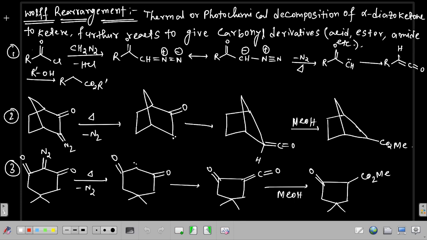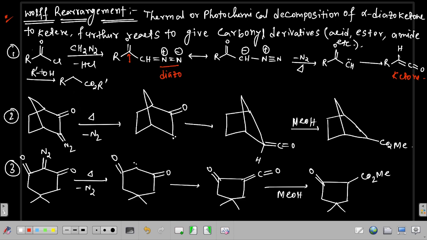Now our next reaction is the Wolff rearrangement. This is a thermal or photochemical decomposition of an alpha diazo ketone. This is an alpha diazo ketone, this is the ketone, and this is the diazo, to ketene. This is ketene. And further it will react to give carbonyl derivatives like any ester, acid, amide, etc. So first example you see, in presence of